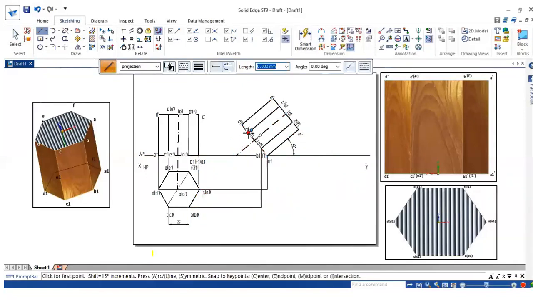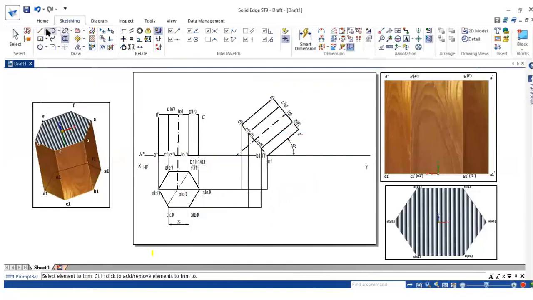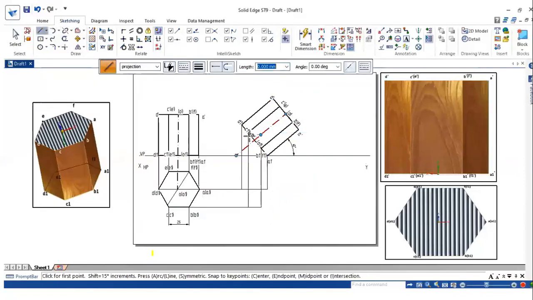Again C1 and C1 dash, D1 and D1 dash. Okay. Then E1 with E1 dash and F1 with F1 dash.